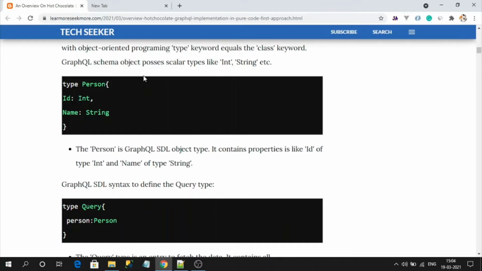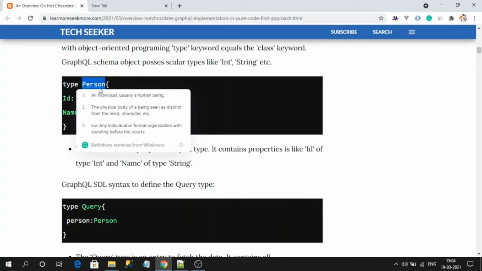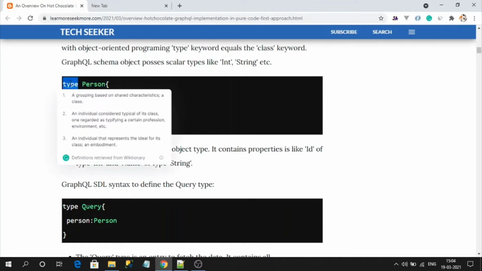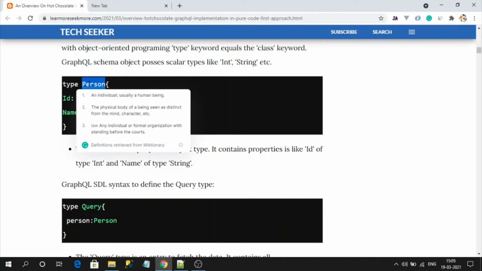If you observe here, person is one type of GraphQL SDL. If we compare this with object oriented programming, the type keyword is equivalent to a class. So person is nothing but a class name; in GraphQL it is a type name.